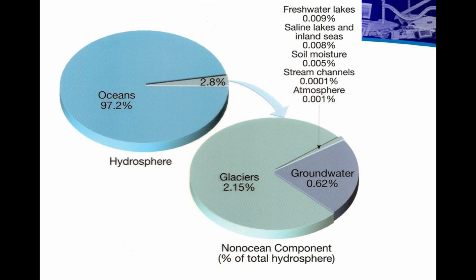So I cannot stress enough the amount of water that's available to us. When you look at the pie graph in the upper left-hand corner there, that is all the water in the hydrosphere, 100% of it. When you really start to break it down, only 2.8% would be fresh water. And then look at that 2.8%, 2.15 is locked up in ice form. So really, a very small amount of water is available for us for eating, drinking, industry, farming, all of those things.